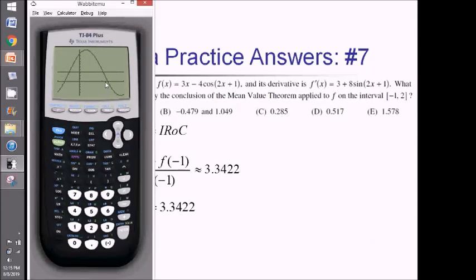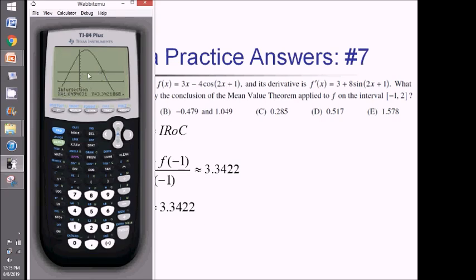We just need to see the x values where those intersect, because that's telling us the places where the average rate of change and the instantaneous rate of change match up. So I'm going to go to second trace, and I'm going to select option 5, intersect. And let's see, where's my little spider? There it is. I'm just going to press enter 3 times, once for the first curve, once for the second curve, once for the guess. And that gives me